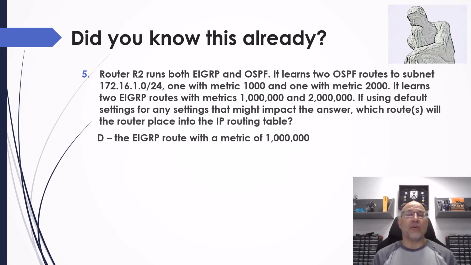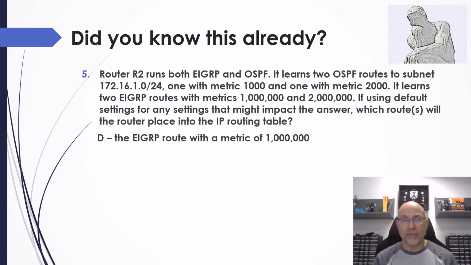Question number 5, router 2 runs both EIGRP and OSPF. So it's doing EIGRP out one way and OSPF out the other. It learns 2 OSPF routes to subnet 172.16.1.0/24, one with a metric of 1,000 and one with a metric of 2,000. It learns 2 EIGRP routes with metrics of 1,000,000 and 2,000,000, huge metrics. If using the default settings for any settings that might impact the answer, which routes will the router place in